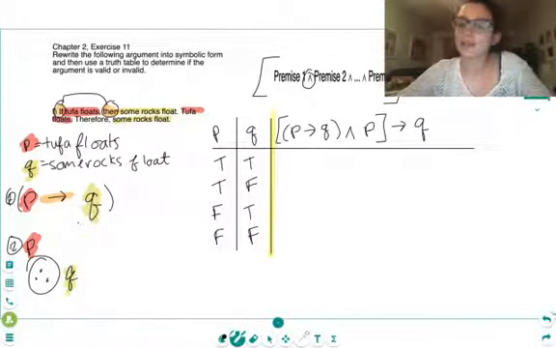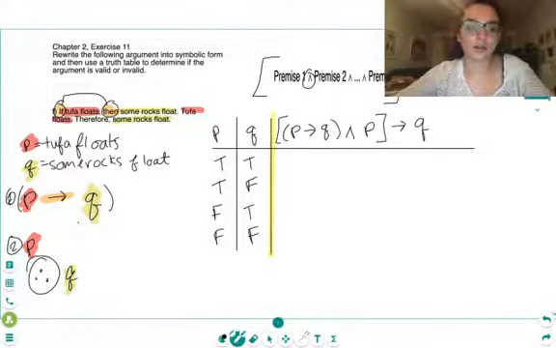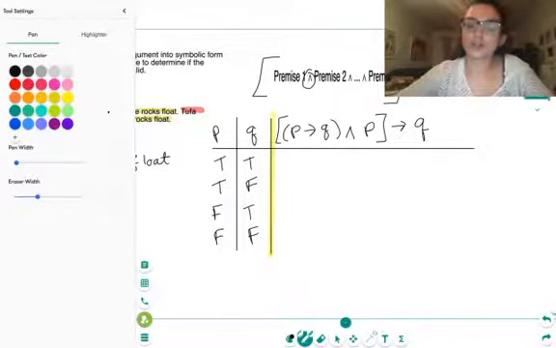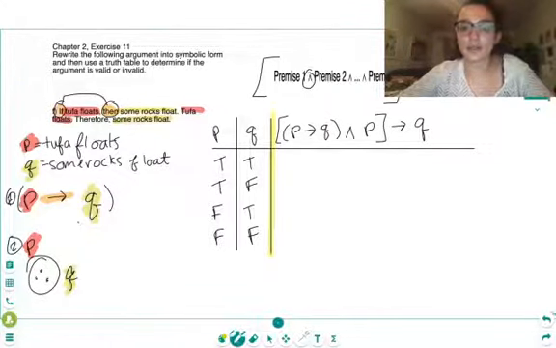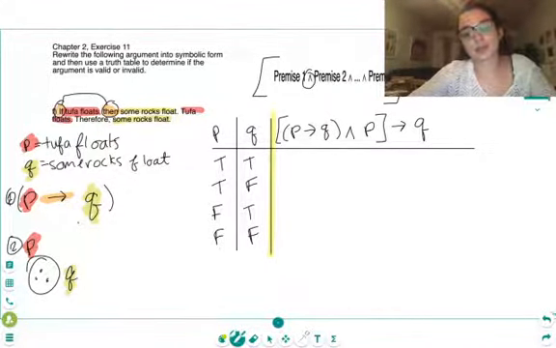So, just like with math, you have to start from the inside out. So I'm going to start by trying to figure out the truth values of this guy because he's the most bracketed person out of all of these things. You don't have to do this, but what I tell some students to do when they start studying truth tables is, you see this P over here? Actually, okay, what you're going to do